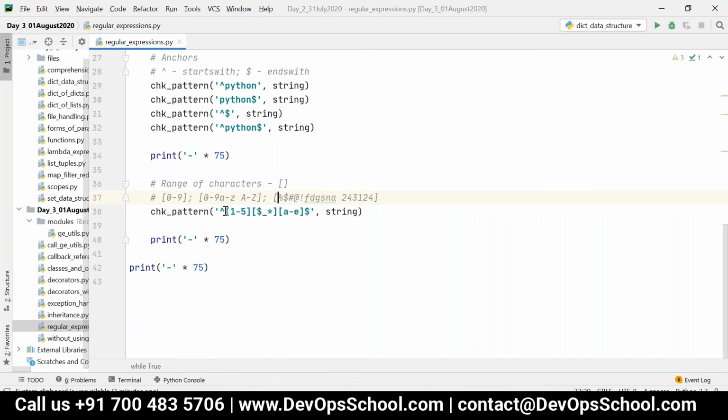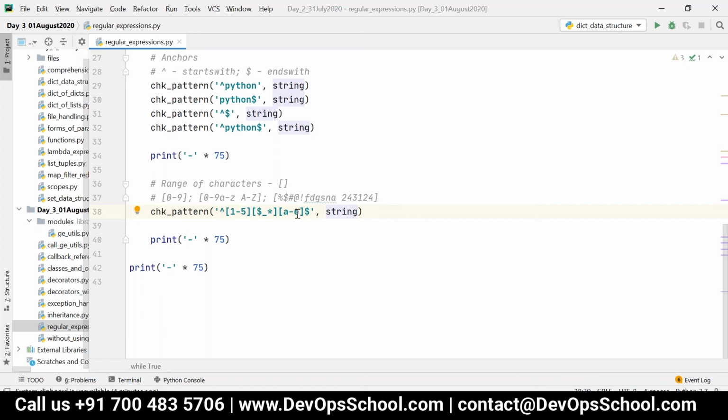The thing is, see here, it matches 3 characters. So the first character should be a number from 1 to 5. Second character should be any one of these special characters, that is dollar, underscore, and then star. And third character should be any one alphabet between A and E. So our string should contain only these 3 characters in the same order.